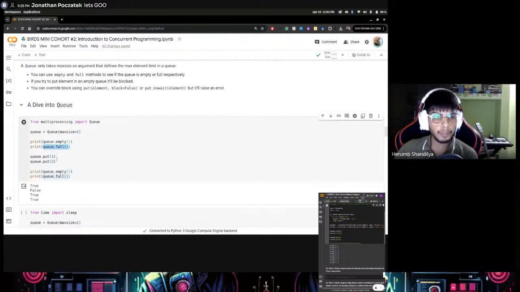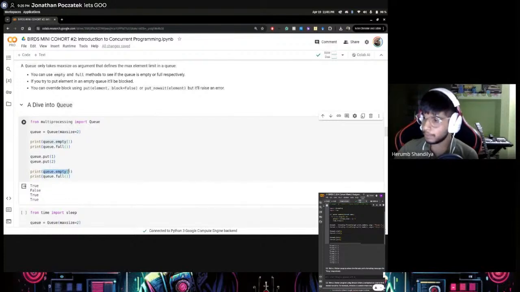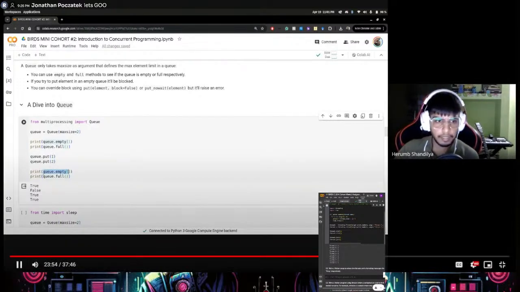Now, when you put two elements to it, max size is 2. So the queue is full now. So this should be false because the queue has some elements, right? And this should be true, as you can see here. But funny thing is, I'm having thought maybe after this,